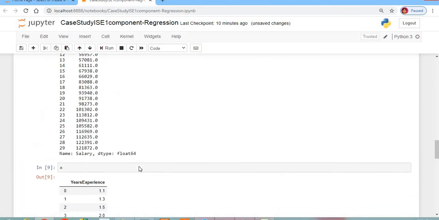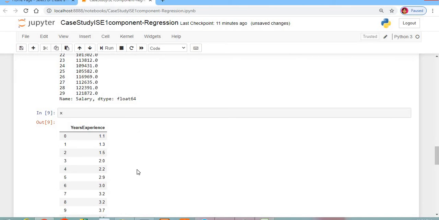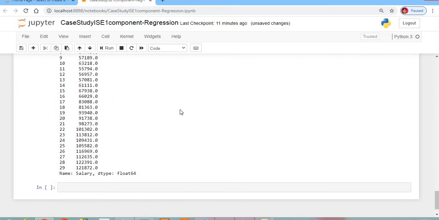Now I want to establish the relationship between this. How will we establish the relationship? This is a regression problem. So I want to establish that y is equal to, let's say, mx plus c. X is nothing but the independent variable, and what is y? Salary depends on the years of experience, right? So the dependent variable depends on the independent variable. So y is equal to mx plus c. I want to establish that kind of relationship. So how to establish that kind of relationship?